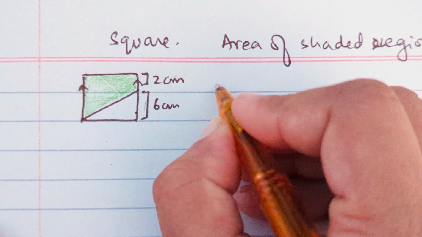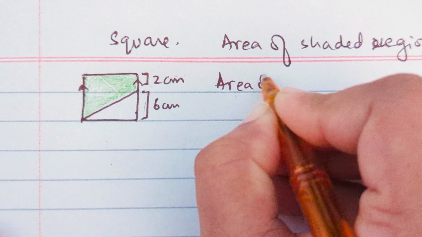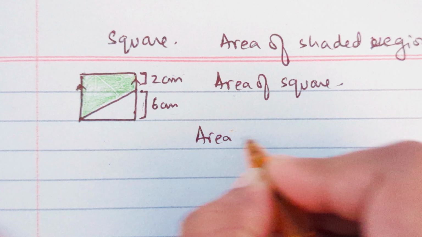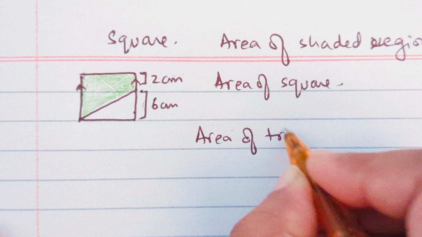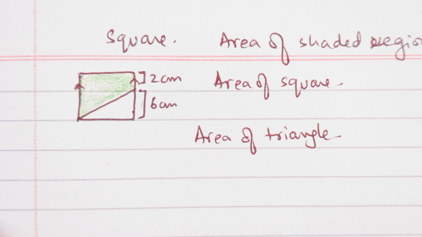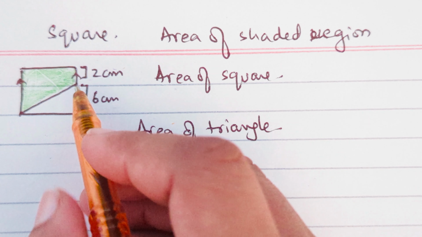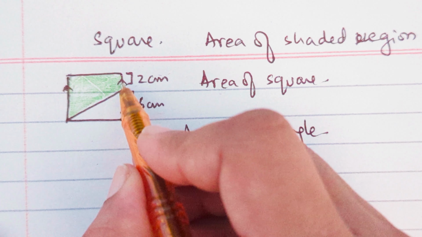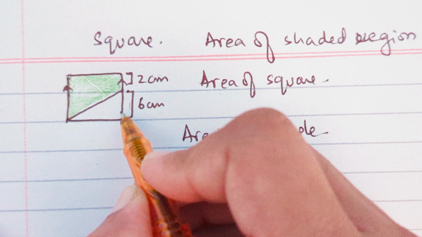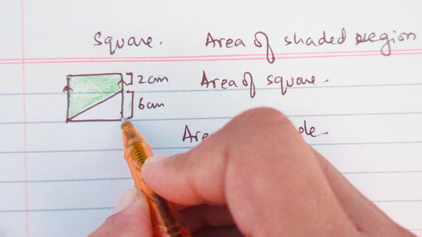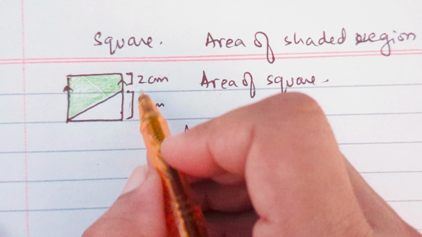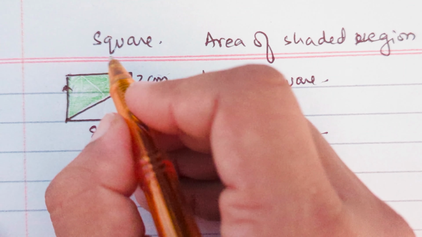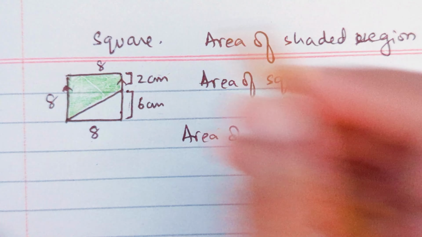So in this case, what we will do? We will find out the area of a square. Then we will find out the area of the unshaded region, which is a triangle in this case, and then we will subtract. So in this case, you can see our square has all four sides equal. We are only provided with the length of this side. The triangle's height is 6 centimeters, and the remaining part is 2. It means each side of the square is 2 plus 6, which is 8. So this is also 8, this is also 8, and this is also 8.